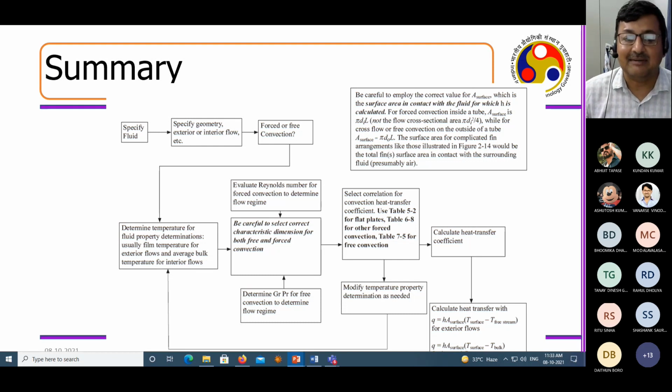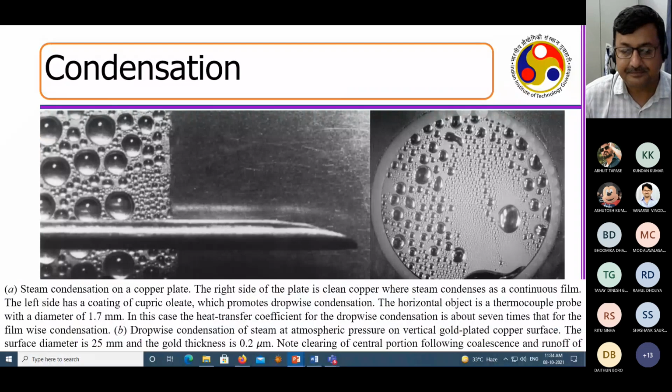And the third question will come, once you have decided whether the flow is laminar or turbulent, based on that you will choose the model. And from there you calculate the Reynolds number, the Prandtl number, and Nusselt number for a forced convection, and the Grashof number, Prandtl number, Rayleigh number, and Nusselt number for a free convection, and from there you obtain the heat transfer coefficient. Okay, any question up to this point?